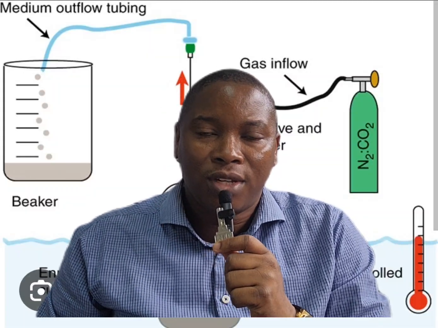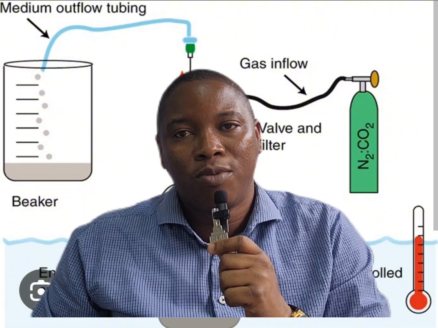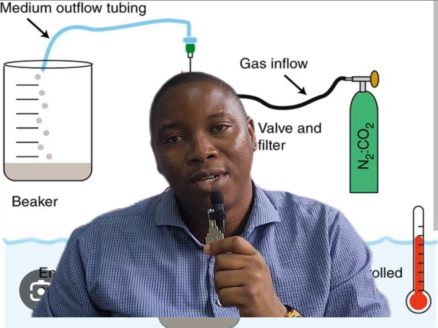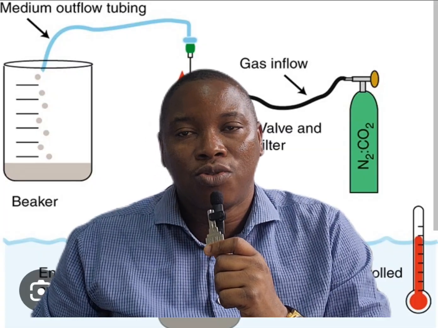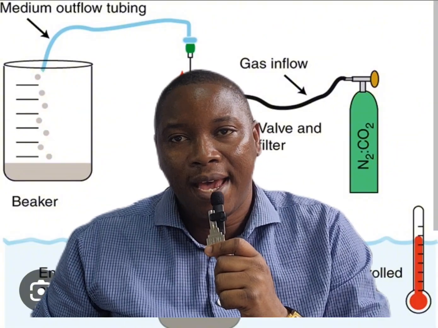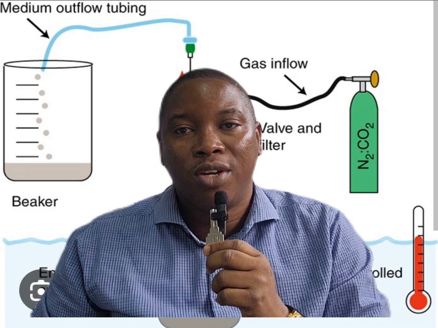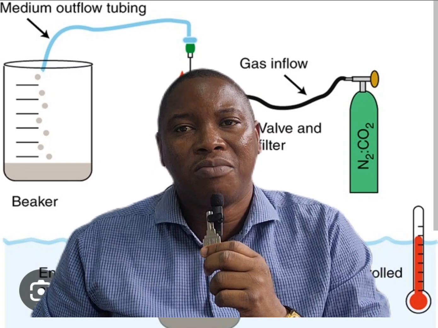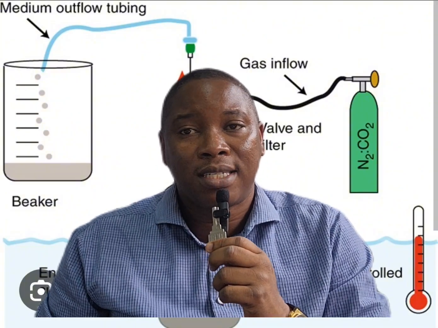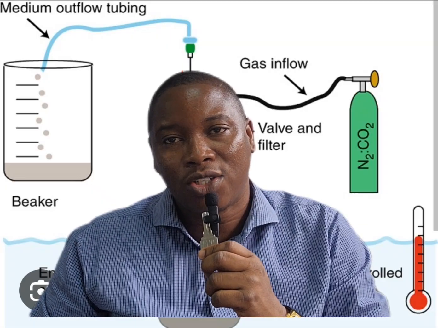Now, for enrichment culture, there are techniques that must be followed to be able to carry out all this process. First is sample collection. You must be able to collect your samples. So depending on whatever it is that you're trying to culture the microorganisms out of, it could be soil, could be water, could be air, could be human samples, could be agricultural samples, could be human waste, could be industrial samples, whatever it is, even from built environments, from offices, from schools, from toilets, wherever it is that these samples are going to be taken, samples have to be collected. And so there are techniques for the collection of these samples.